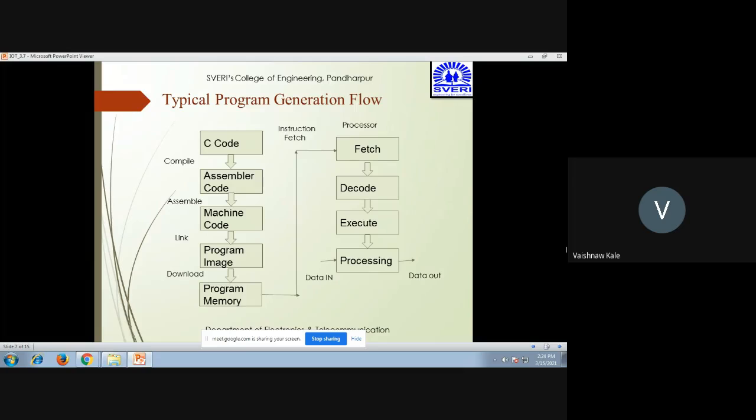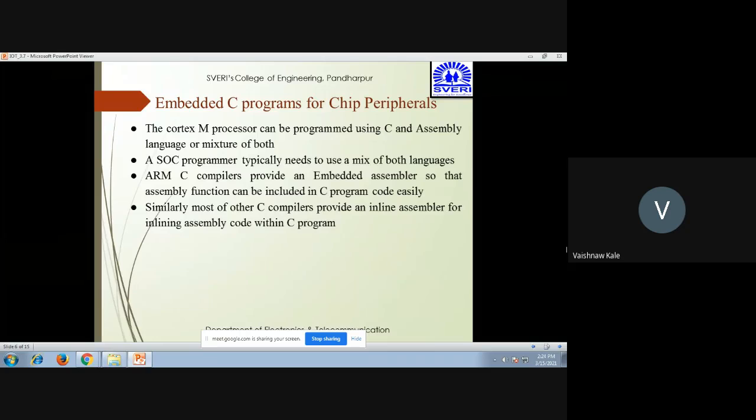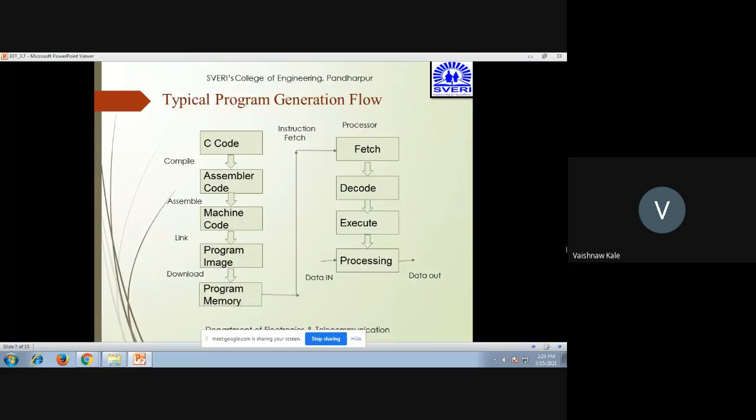Now this is the typical program generation flow. Most other C compilers provide an inline assembler for inlining the assembly code within the C program. How it happens is that when you write C code, it is compiled, then it is given to the assembler, where it is converted into machine code.